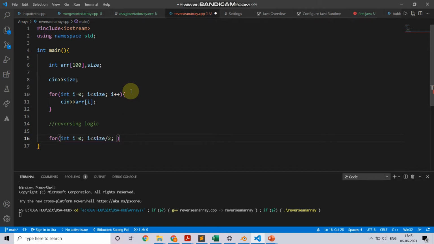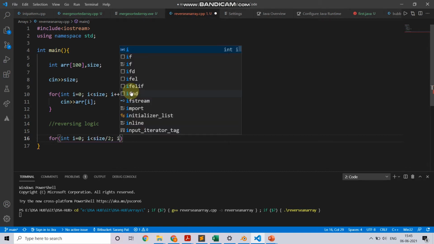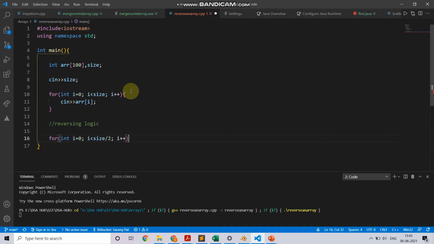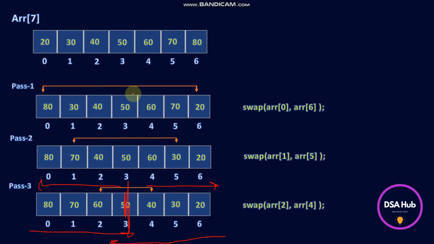Now why are we running our loop only half of the length of the array given? For that, let's go back to the PPT. In this specific case, we only swap the elements half the number of times of the size of the array.